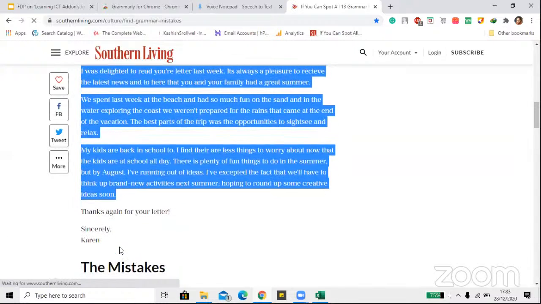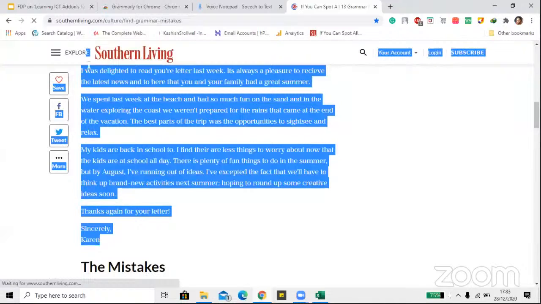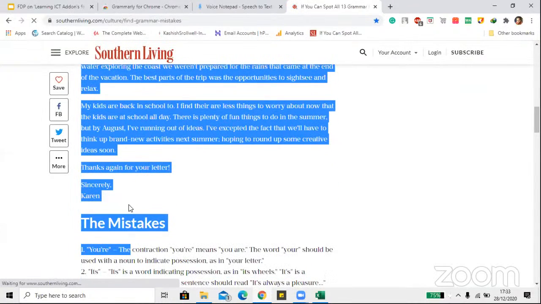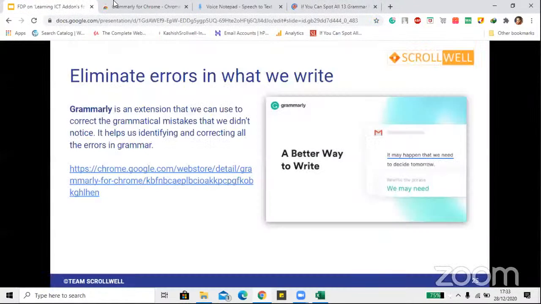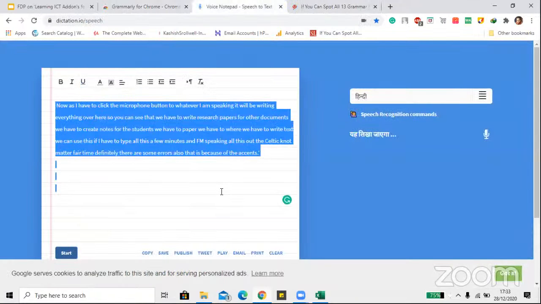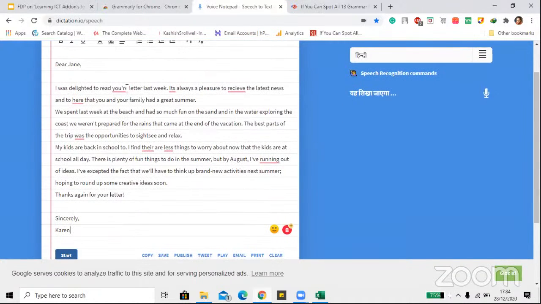So that is an exercise to find out the grammatical mistakes, and we know that this letter does have some grammatical errors, and let's see how efficient Grammarly is at detecting these errors. Okay. So first of all, we have to go somewhere where we can write the text. Like here we can write the text. So it is detecting many errors in the letter. What is the letter over here? First of all,